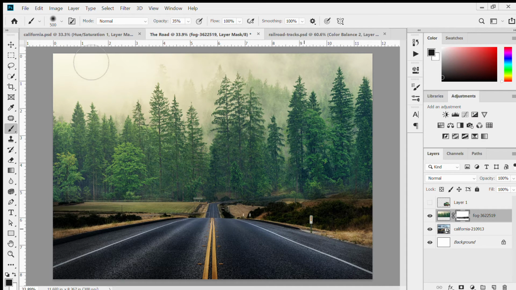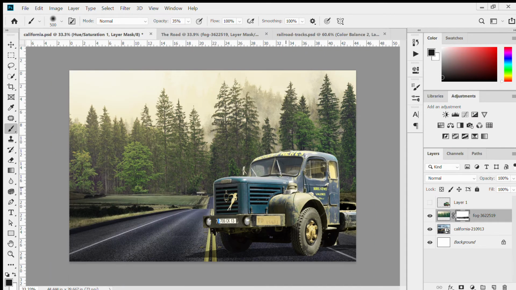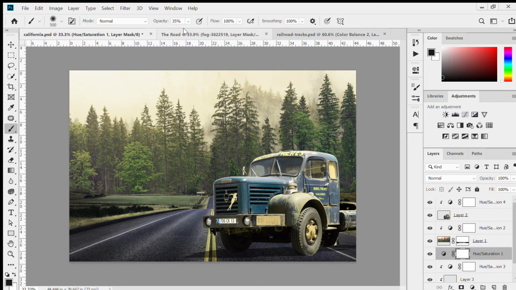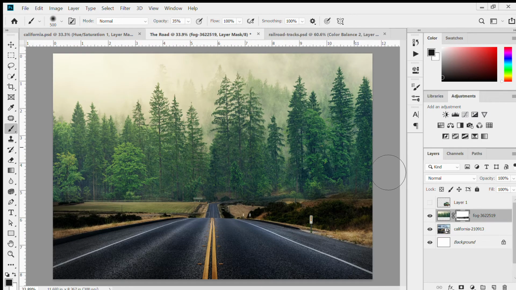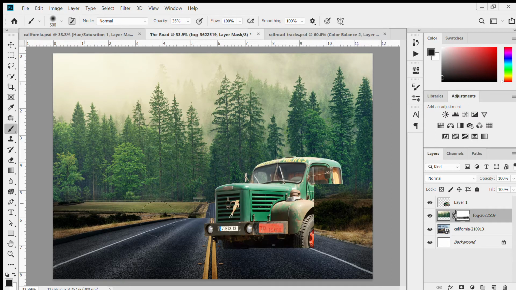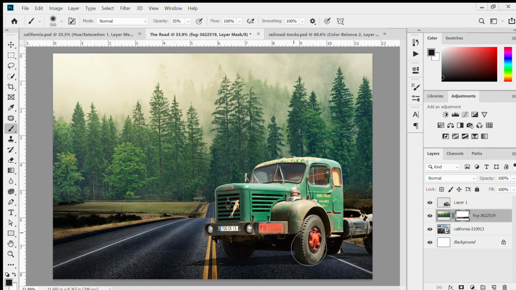And then, as we can see over here, there's a vehicle. I have the vehicle already here, but I just closed the layer, so I'll open it and then work on it. I'll work on the colors to match up with everything in there. As we can see, the colors of the vehicle look a bit different from the others, so I'll work on it, and by so doing, I created